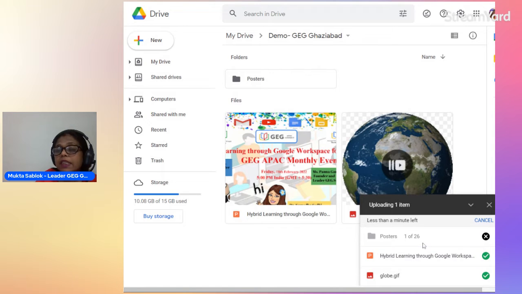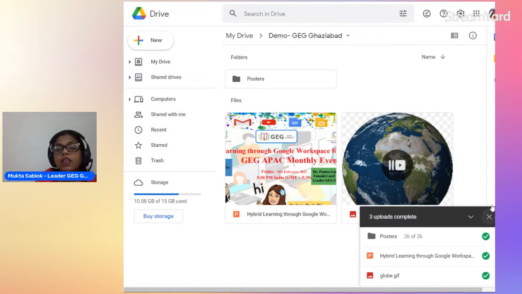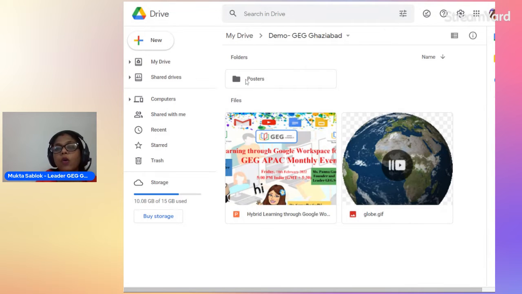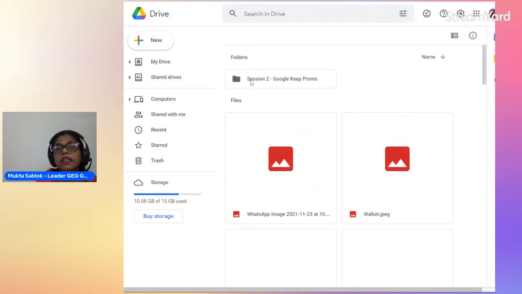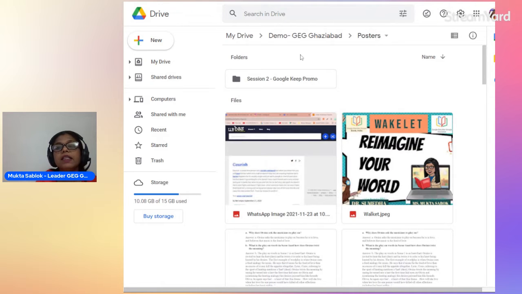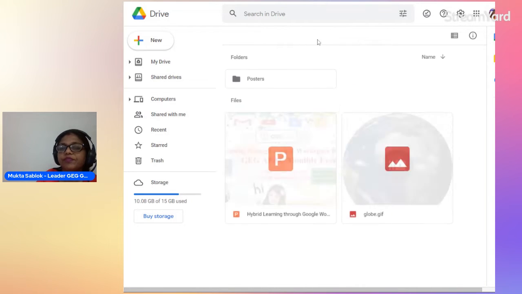It will take some time depending on the number of files and subfolders inside that folder. And it is uploaded. So we have uploaded 2 files and 1 folder, and inside this folder many files are there, subfolder is also there, so it has also got uploaded.